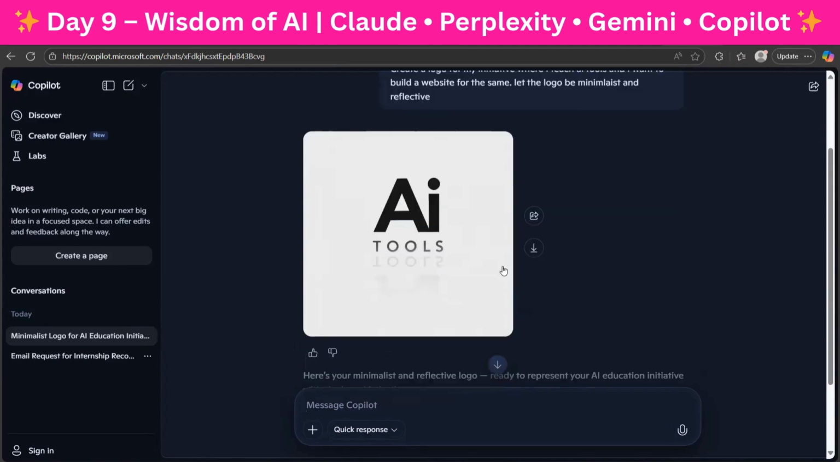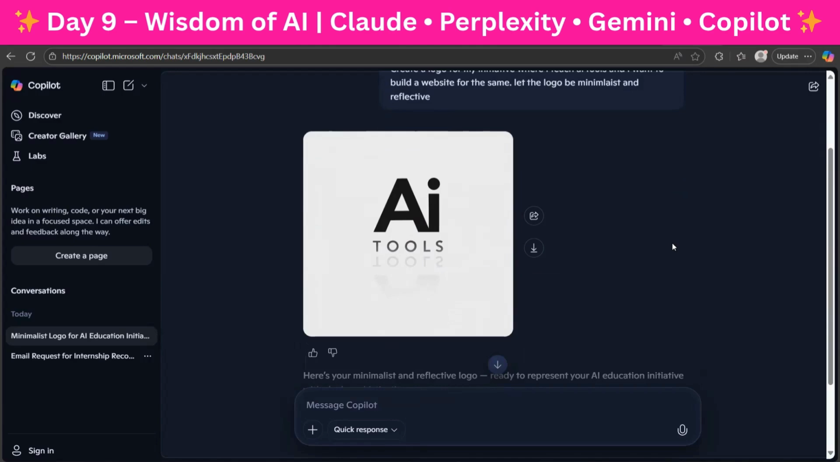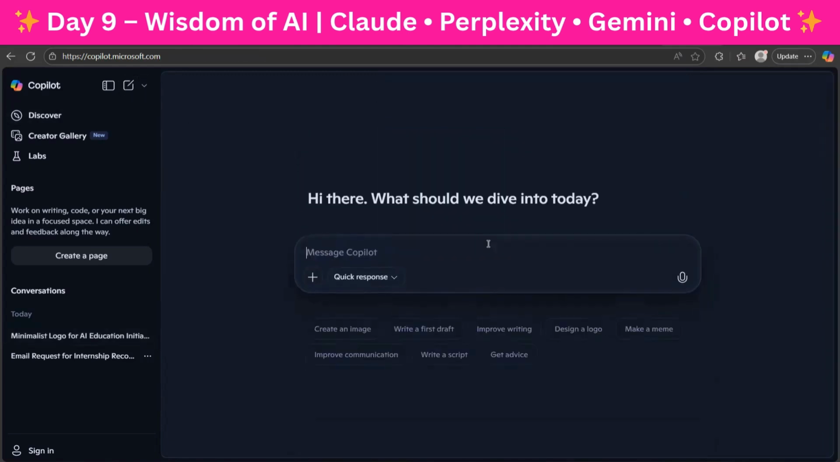So this is a very simple logo, AI tools. Look at the way it has given a reflection, we call it the effect, and it is a very simple but very elegant logo. So like this, you have so many things to do using the Copilot as well, right? If you want to try something else, let's say if you have to create an image, so let's create